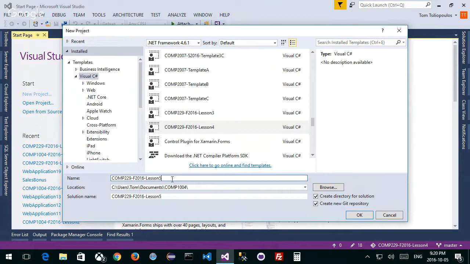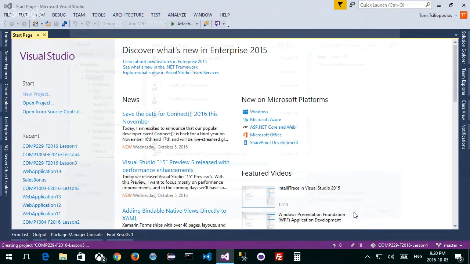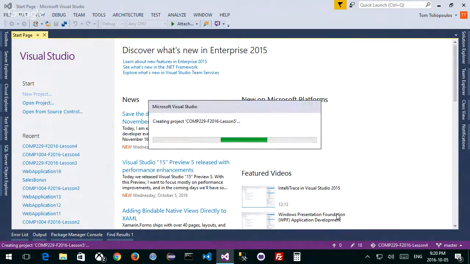Guys and girls, you need to know this for the exam, because I'm going to give you a template on the exam, and you're going to have to do this. You're going to have to change it from whatever my exam is to my exam dash my student number, right? So please remember this. I'm going to give you a template and it's going to be up on wherever it's going to be, and you're going to get it from there and modify it. Okay. Let's go okay with everything else the way it was checked. We checked GitHub, we checked the new folder, all that stuff. We're making a new lesson.